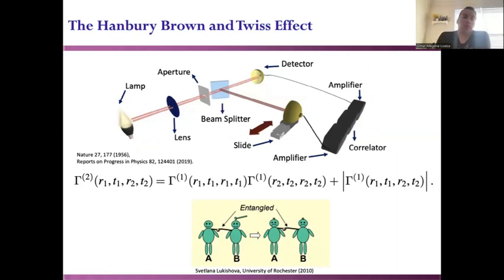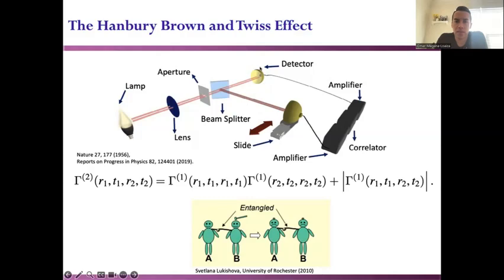What's the origin of this field? Even though this field is very popular now, we can trace it back to the 50s when Hanbury Brown and Twiss performed this experiment with thermal light. They wanted to measure the diameter of a star, and a star can be simulated with a source of thermal light or a natural source of light. What they did is they passed this light field through this beam splitter. They obtained two beams, and they used two detectors.